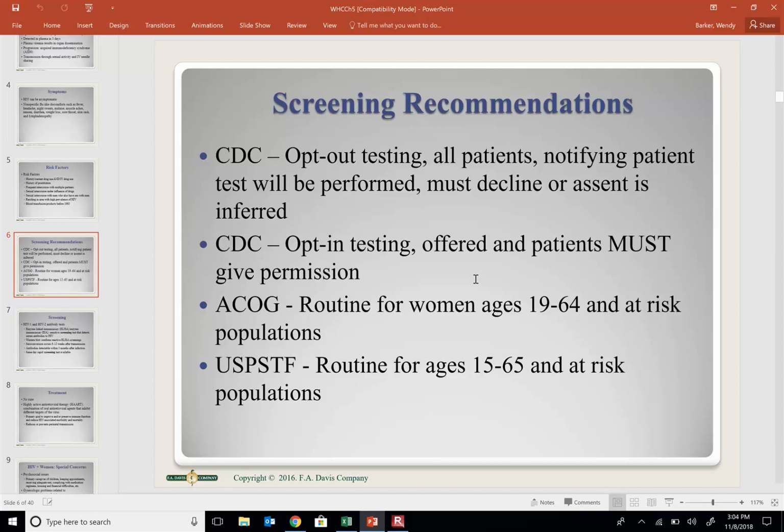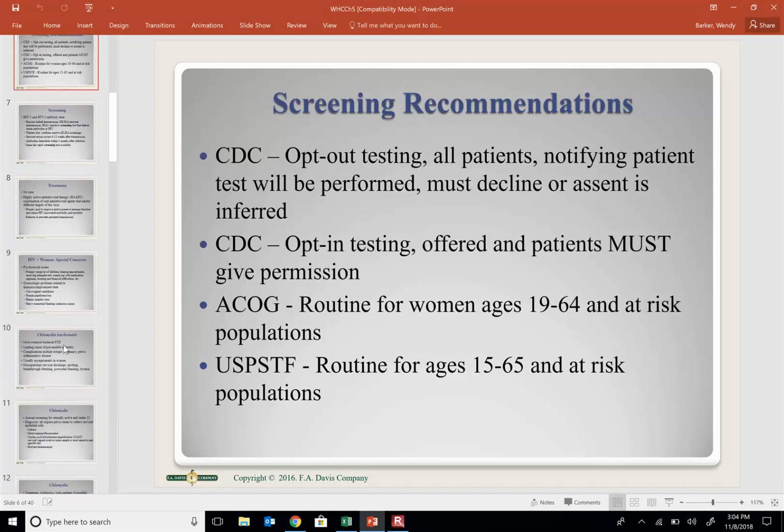So we test all pregnant women for HIV. As far as gynecological testing, I think most providers are opt-in. I don't think it's a routine screening, even though there are recommendations for it to be routine. I think it's basically an opt-in type of deal, at least in this community. Okay,